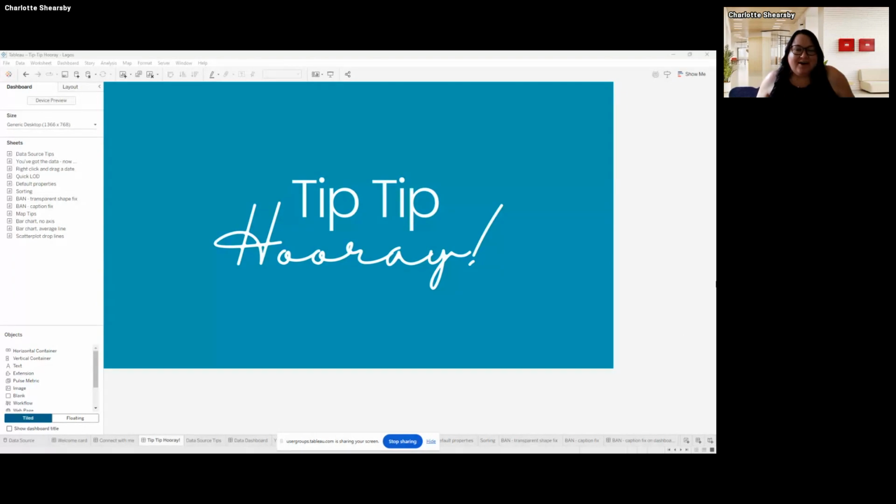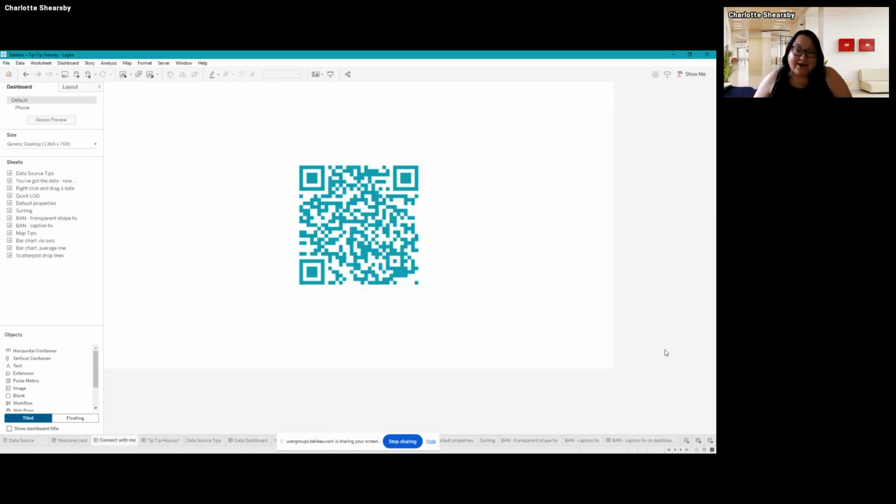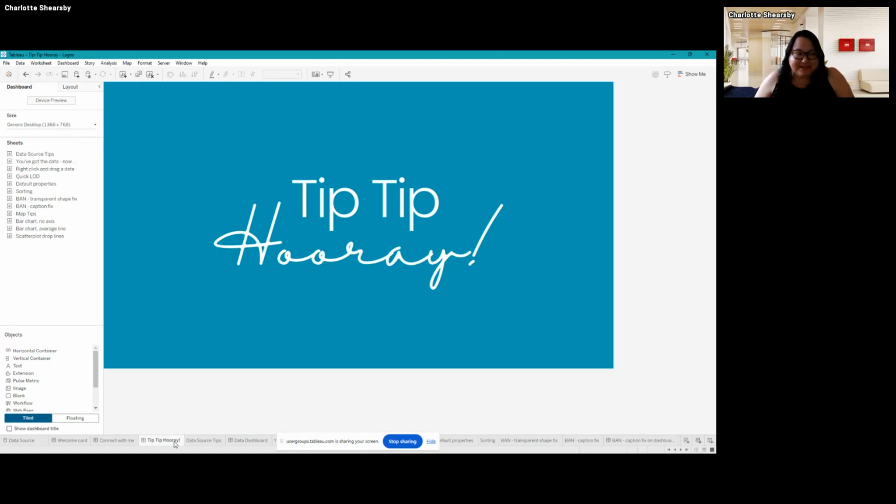Hi, I'm Charlotte. I'm from the UK. I have worked in the healthcare industry for all of my career. Currently on sabbatical, doing a bit of learning and research before I dive into my next role. Here's a QR code that will take you to my LinkedIn page. Always happy to connect and say hello to new people. But you're here for tips, so let's get into a few tips.